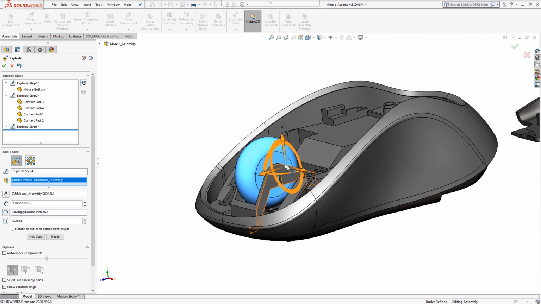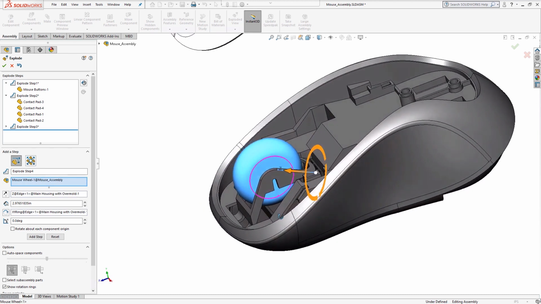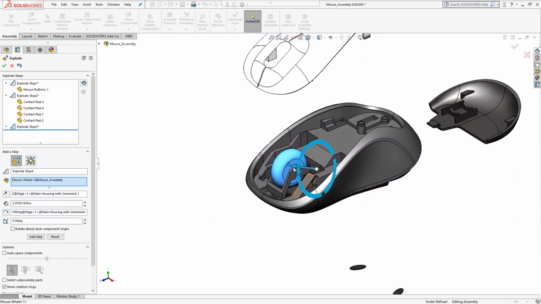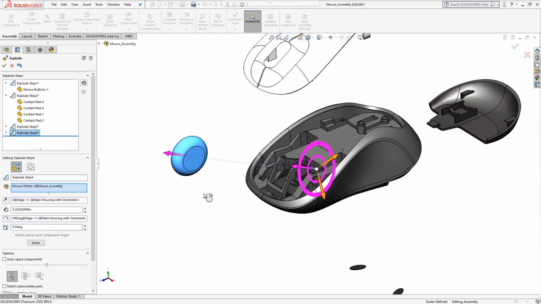If I click and drag this to an edge or face, the explode direction will be along that edge or normal to that face. I've dropped the manipulator onto the edge of the wheel housing, dragged the arrow, and completed the step. The final 2 components which need to be exploded are the bottom housing and on-off switch on the